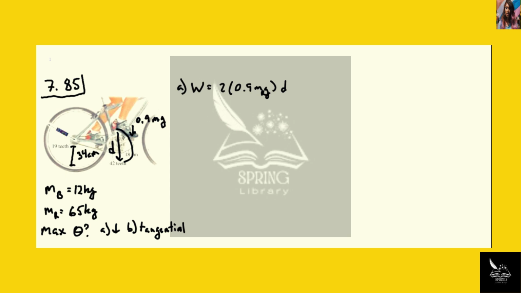So with the pedals and front sprocket revolving once, the rear sprocket goes through 42/19 revolutions. And so the bicycle is going to move a distance of that number of revolutions times the circumference of the wheel, which is 2 pi times the radius of the wheel, which is 34 centimeters. And so this is the distance